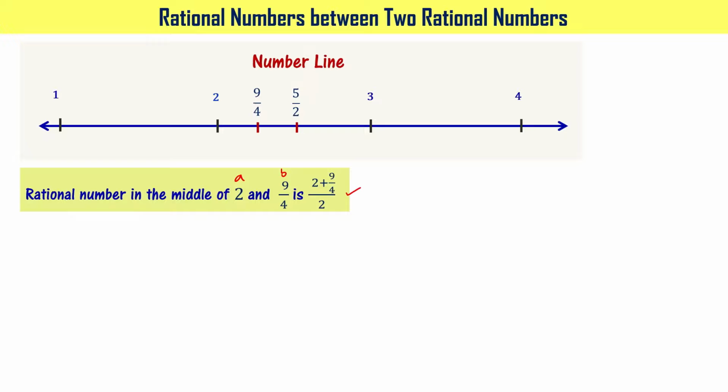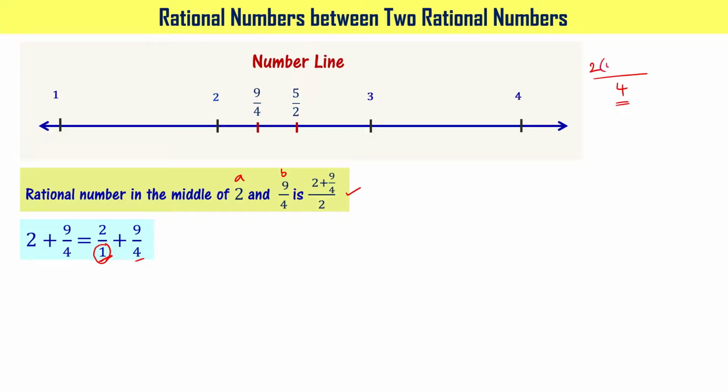We have to find its value. For that, first let's find 2 + 9/4. What is the value of 2 + 9/4? That is the numerator. 2 + 9/4 can be written as 2/1 + 9/4, right? Look at the denominators, 1 and 4. The LCM is 4, right? Now let me divide the LCM by this particular 1. Prior to that, let me write the number 2 as is, right? When you divide LCM 4 by 1, what you get is 4.